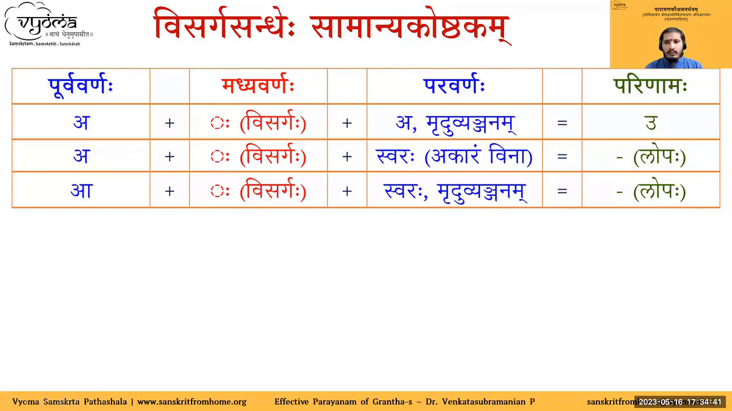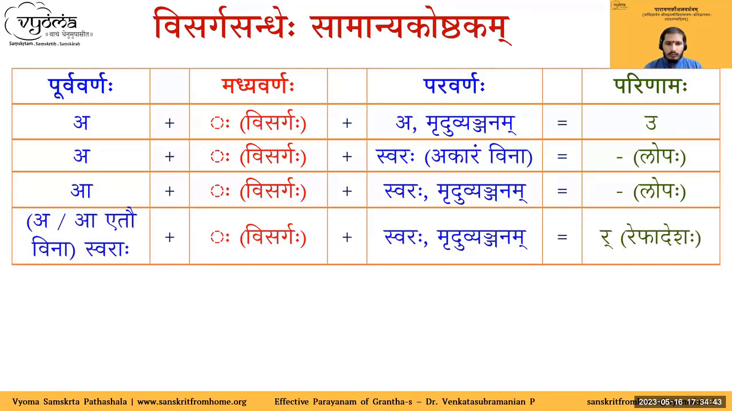This is the third rule. And now coming to the next rule. If we have a or a, we have seen what occurs. Now, if we have swaras except a or a, what occurs is, if you have swara on the Purvarna, which is not a or a, if you have Visarga as Madhyavarna, then also if we have Paravarna as swara or